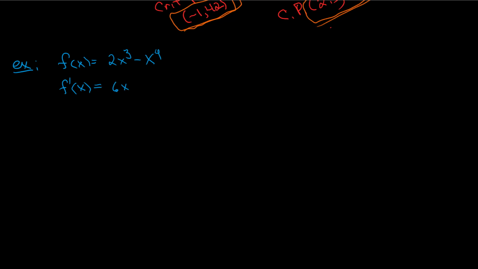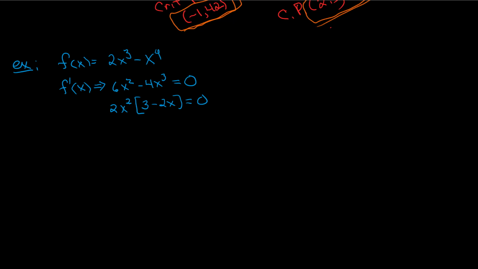The derivative is going to be 6x squared minus 4x to the third. Because we are looking for critical values, places where the slope is 0, that means we're going to take this derivative and set it equal to 0. To solve this, perhaps the first good maneuver would be to factor out a 2 and an x squared. Factoring out a 2x squared from this first term will leave us with a 3. Factoring out a 2x squared from this second term is going to leave us with a minus 2x